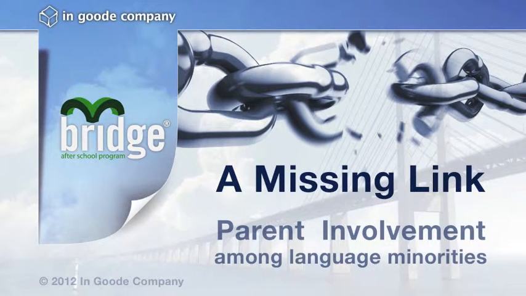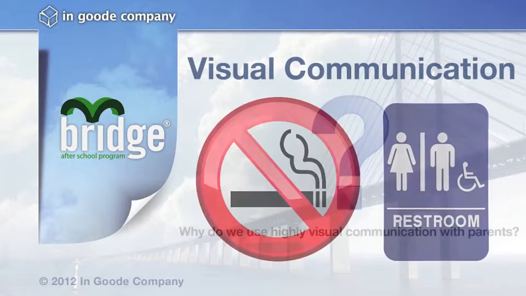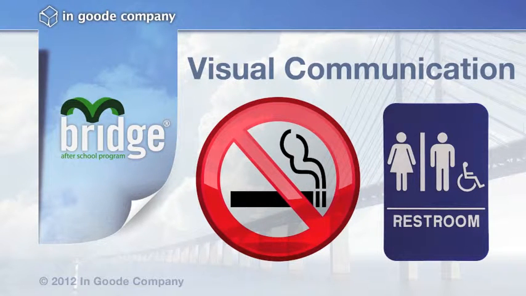What we've done is developed a highly visual form of communication to report to and communicate with the parents of our students. Why do we use the highly visual communication for our parents? Simple. By utilizing more universal imagery, icons, and graphics, we've simplified the process of reporting and our methods. Similar to directional signage you would see in a public space, our communication is built to illustrate the main skill